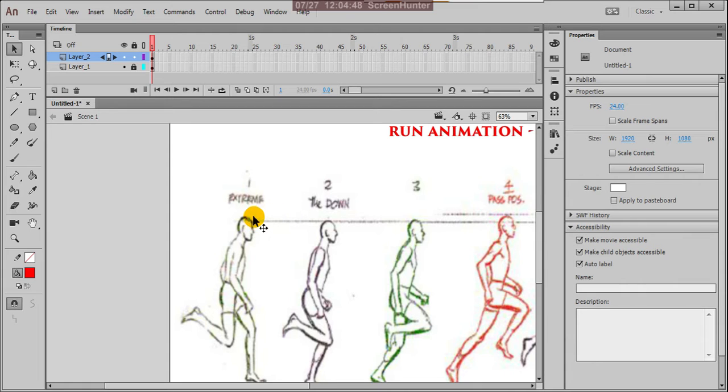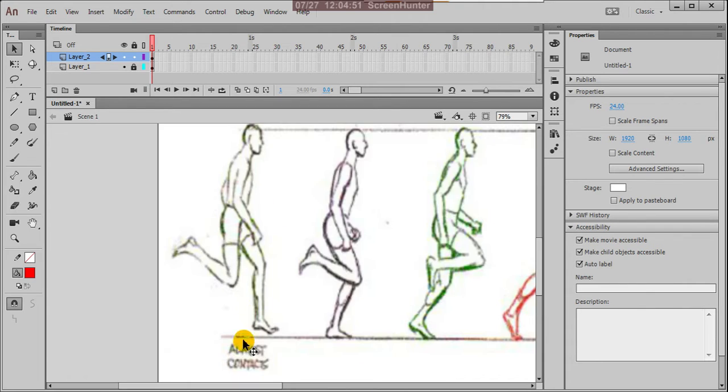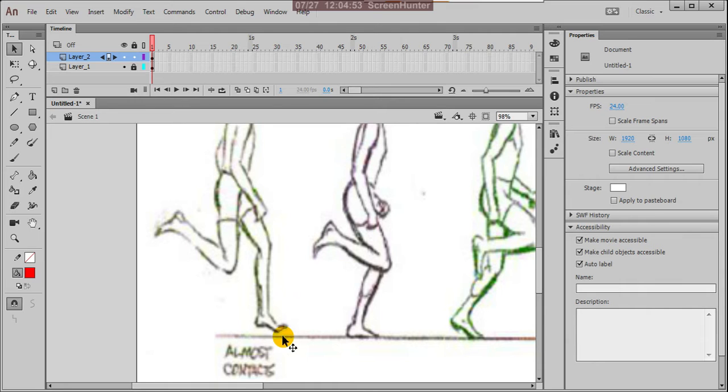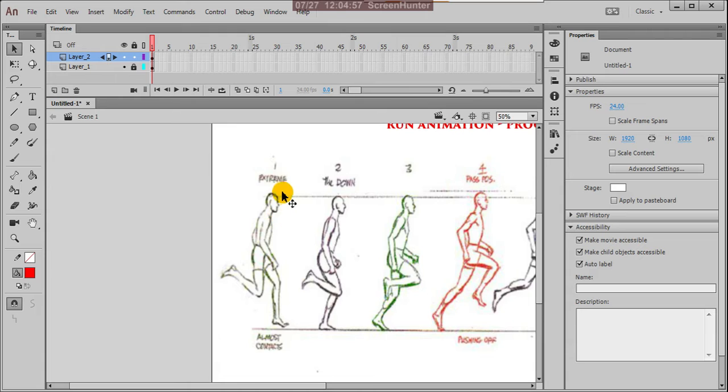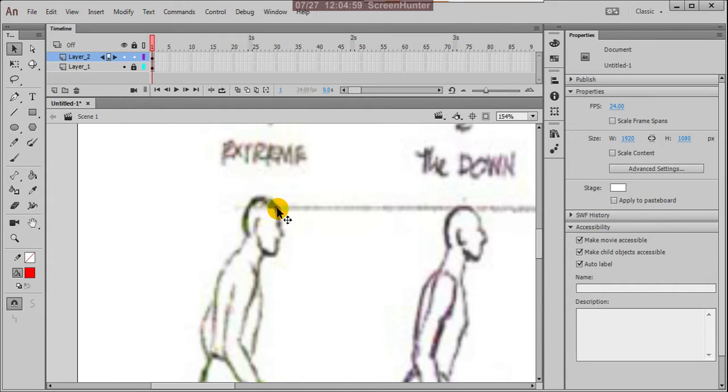We are using two lines. In the first pose it is not touching the bottom line, just about to touch it, and the head is displayed just above the top head line.